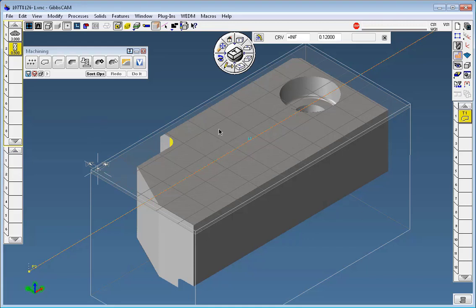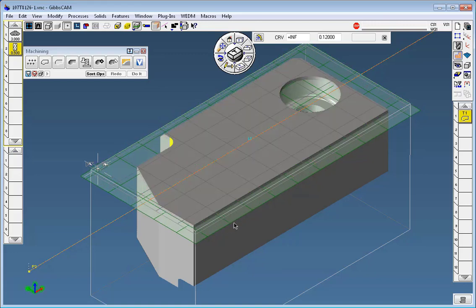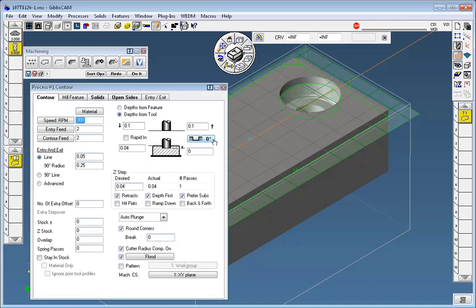Well, let's say because the first edge is finished already, I would like to use GibbsCAM's profiler. And the profiler can be set to any depth where it sees a contour. The depth is not critical in this part. So I want to use that tool to do a contour. Now I could use a roughing cycle, but since this is a simple part, again I will use contour. And by using contour,